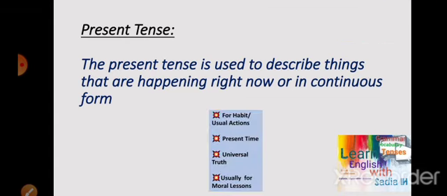The four things for which it is so famous is that the present tense we always use for the habits, for present time, for universal truth. The universal truth means the things that we can't change, like in the universe there is only one God, and the sun is stationary, or the earth revolves around the sun. These all are the facts, or you can say the universal facts. You can't change them. And usually for the moral lesson. For example, hard work always pays off. It's a moral lesson. So we use the present tense here.